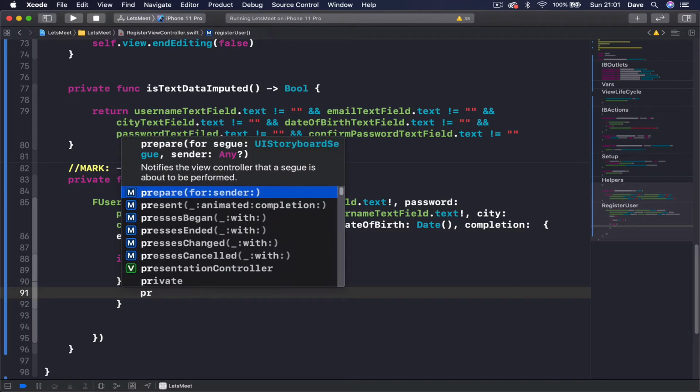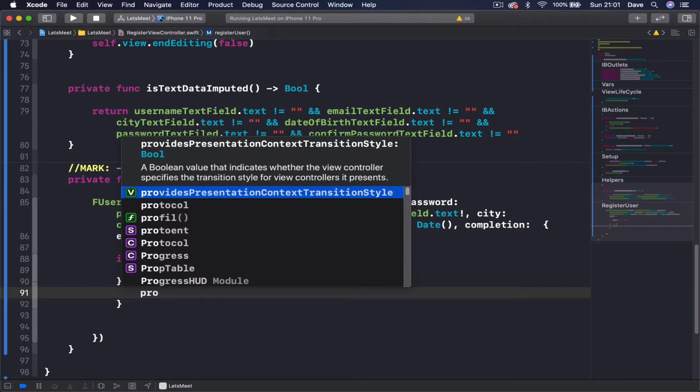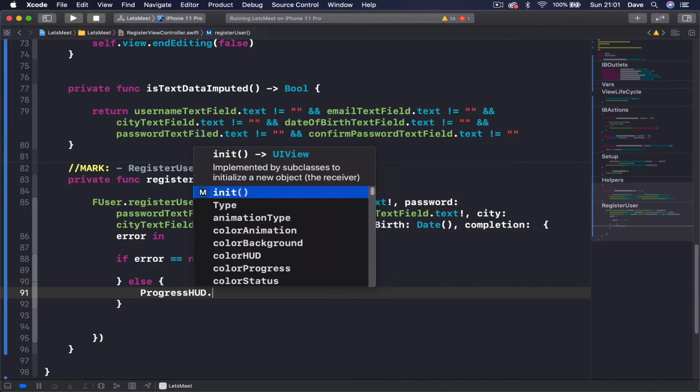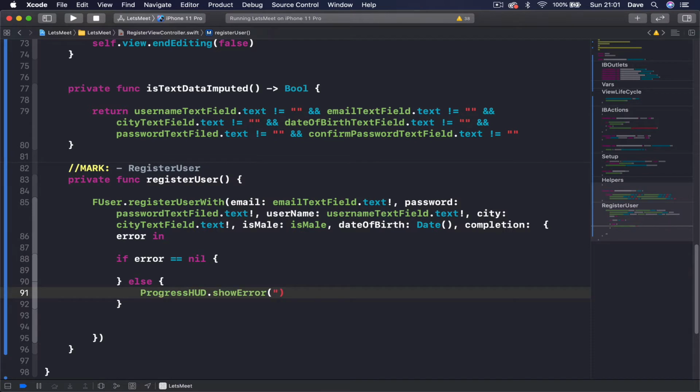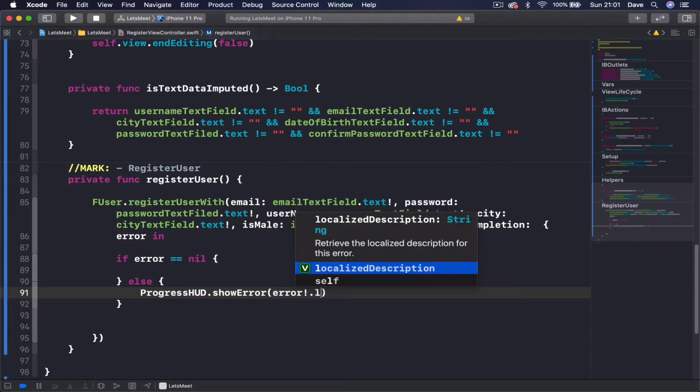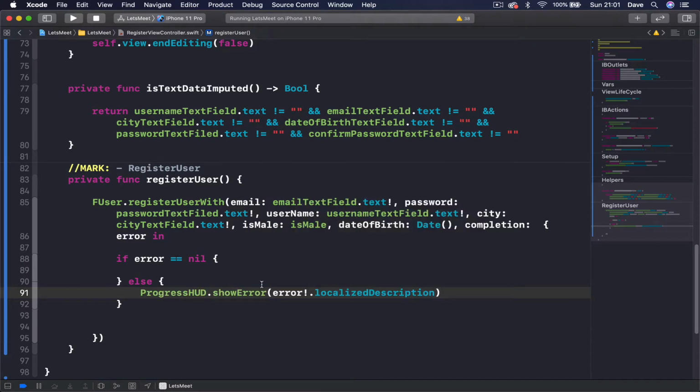So we say progressHUD show error, and I'm passing an error here, and the error is actually error. We can force unwrap this and say localizedDescription. And the reason again I'm force unwrapping it is that before that we're checking if it's not equal to nil. And if there was no error, we want to notify the user that the verification email was sent and he